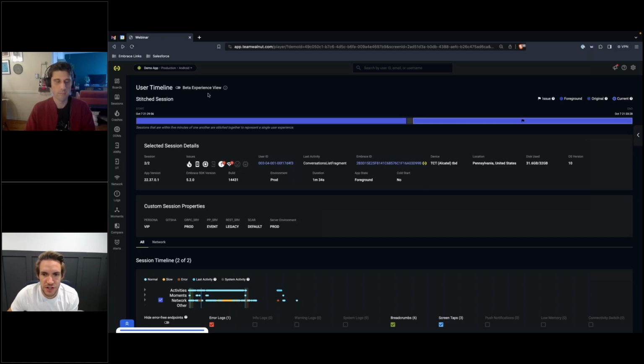What you're seeing on this page is 2 different user sessions. Here's the session we're looking at, and you can see there's a flag, so I know there's some sort of problem here. In this case, there's a crash. So we'll look at that, but I also have the context knowing what actually happened in the previous session, right before this session. I can see, first of all, is this user running into this crash repeatedly? If so, what are the steps they're taking? That's kind of what we'll walk through inside this user timeline.